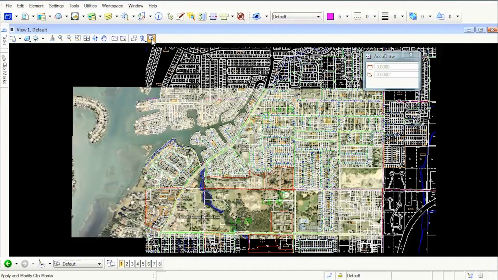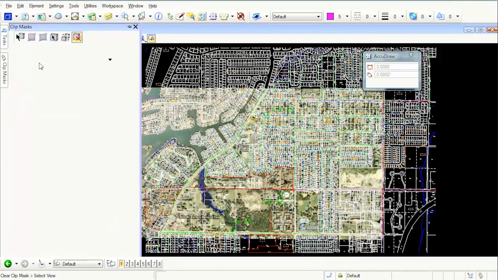Well, here's a powerful tool. This happens to be the Clip Mask tool for 2D. If I select this, I can come up here to my tool settings box, which is selected right here docked along the side, and select one of these ways to identify my mask, keeping in mind that a clip mask